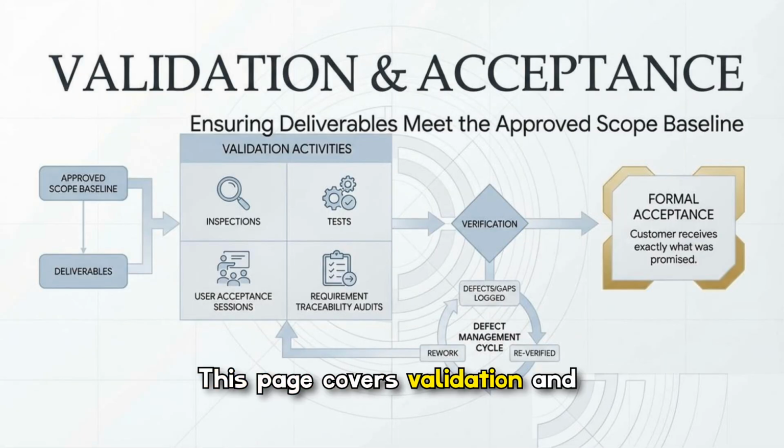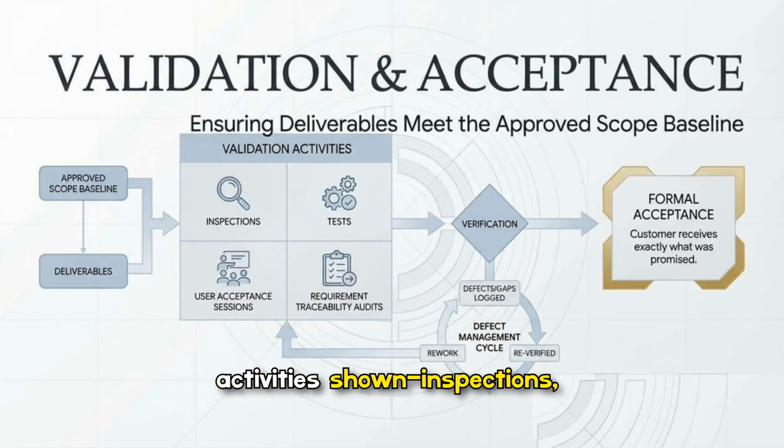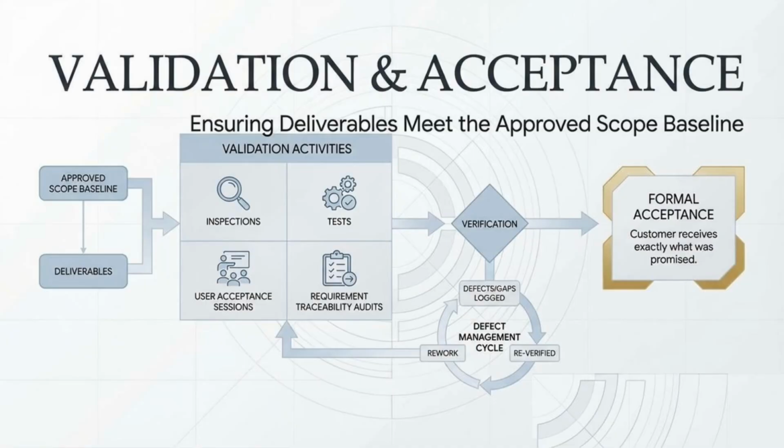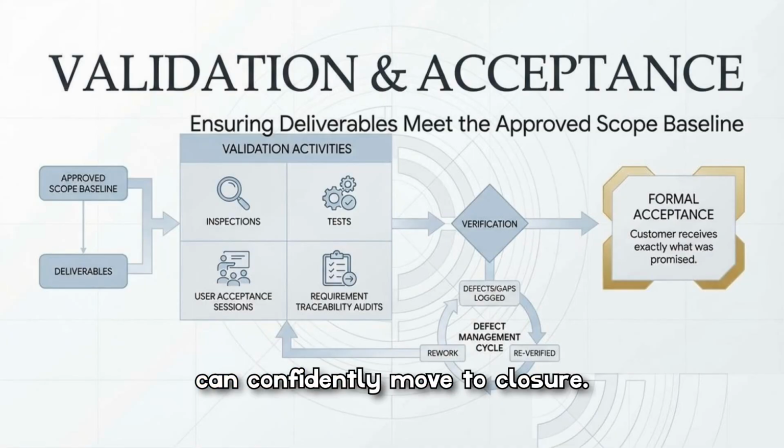This page covers validation and acceptance to ensure deliverables meet the approved scope baseline. The validation activities shown: inspections, tests, user acceptance sessions, and traceability audits. These feed verification and a defect management cycle for rework and re-verification. The end goal is formal acceptance, so the customer receives exactly what was promised, and the project can confidently move